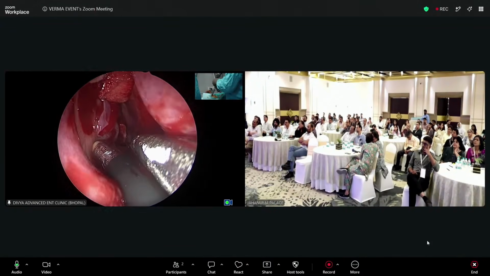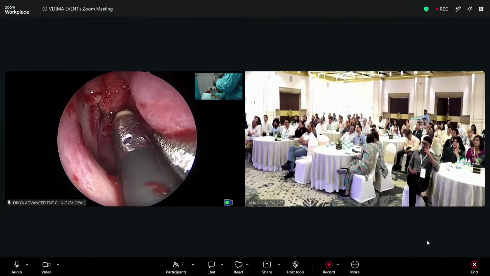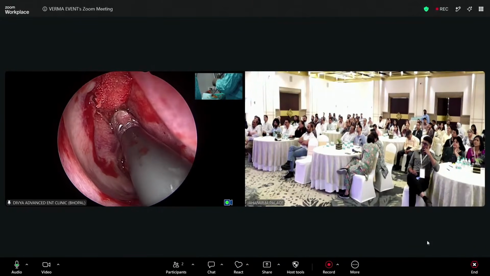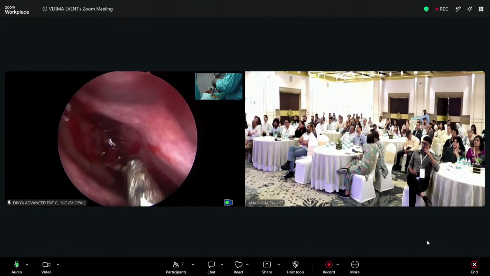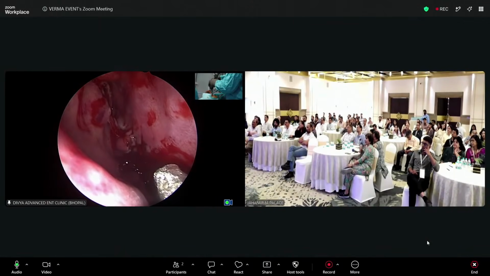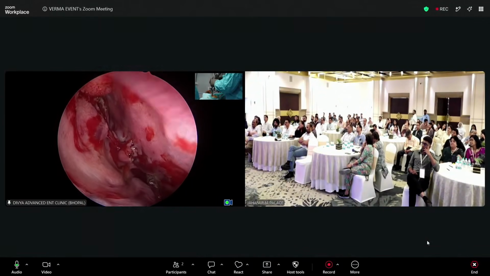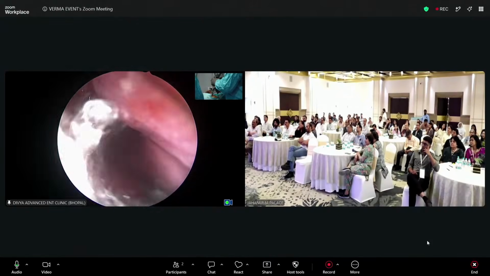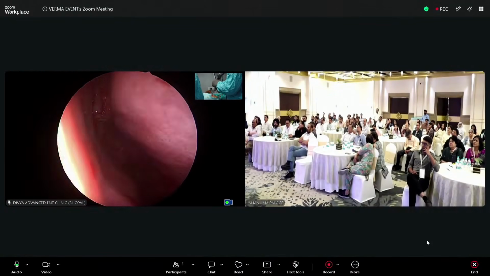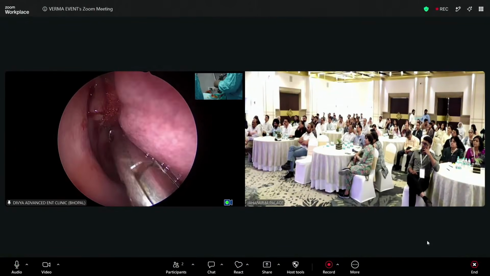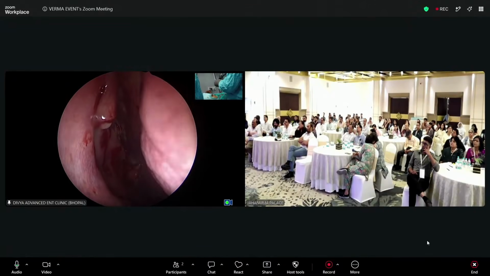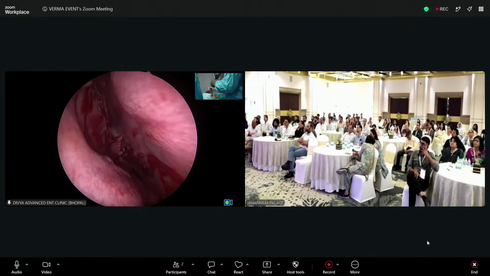So my first step is to get this middle turbinate away from the field, because we have to reach the skull base efficiently. Second thing, at the same time, we have to ensure that all our other sinuses do not get blocked. So we have to do a sort of sinus dissection all the way. I mentioned 90% of the time would be invested in exposure, exposure, and exposure. So quickly,